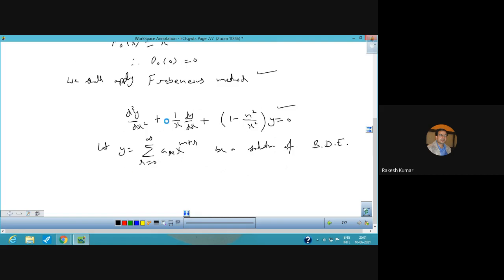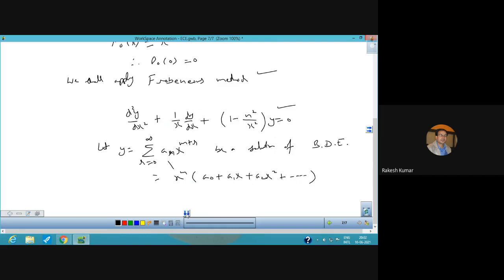It is the same thing, because this is also Bessel's equation; dividing by x square gives this form. Now you know what this is. This solution can be written in the expanded form. So x raised to power m into a naught plus a1 x plus a2 x square plus so on. This is the expanded form of the solution which we have supposed.